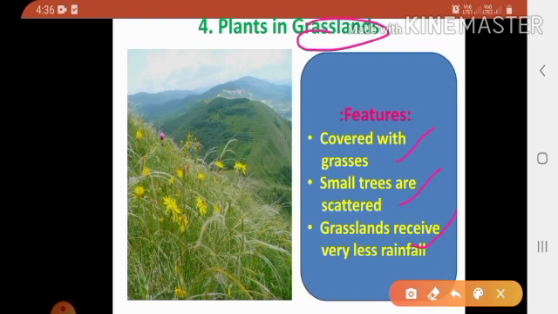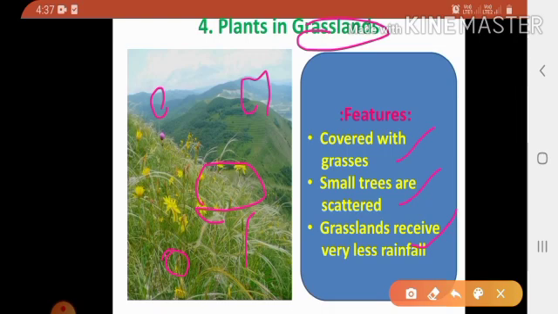See here, plants are very small in size and they are scattered. Scattered means you will not find many trees at the same place. If one tree is here and then second tree is here, then third tree is here. So like this they are scattered. They are not found in one place.